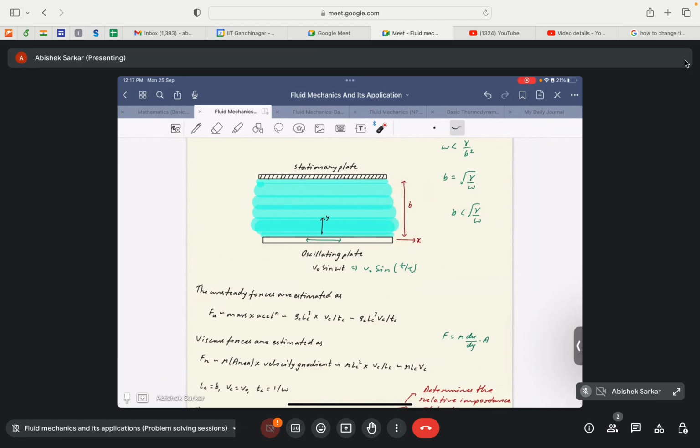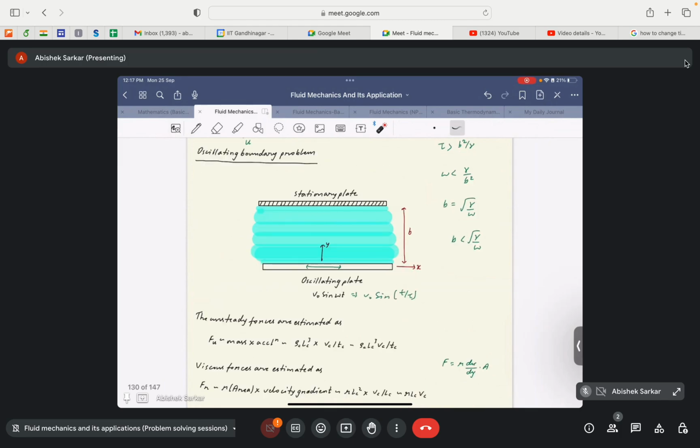What this ideally means is that if this plate moves in a particular direction, it would generate a penetrating effect to a particular distance. So now if beta is less than that distance, I will just represent it by this line. If we say the penetration depth is equal to nu by omega, so if the motion of the lower plate causes a penetration depth LP equal to nu by omega, which is greater than the gap between the two parallel plates,